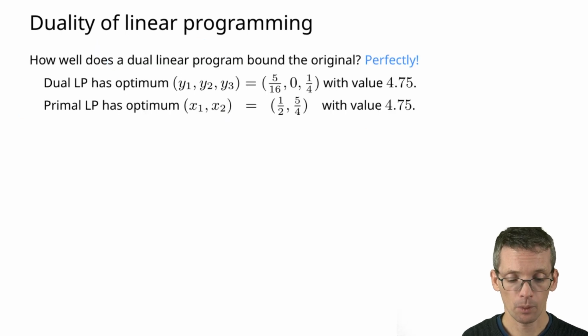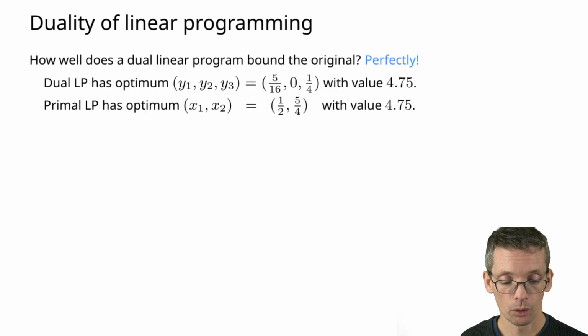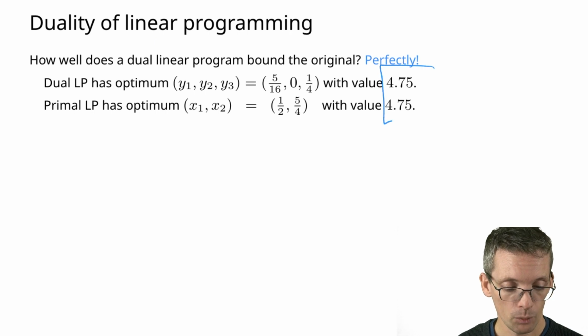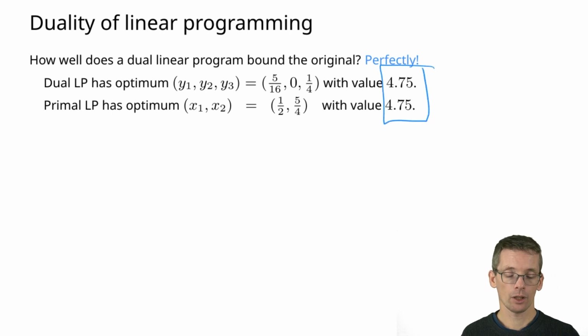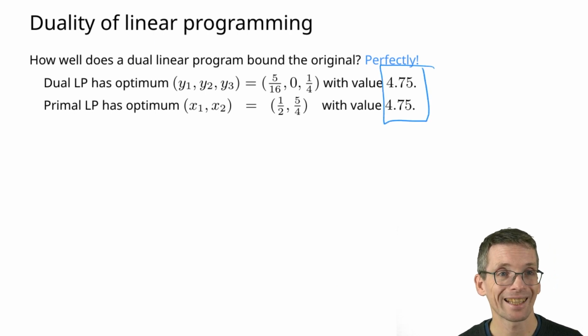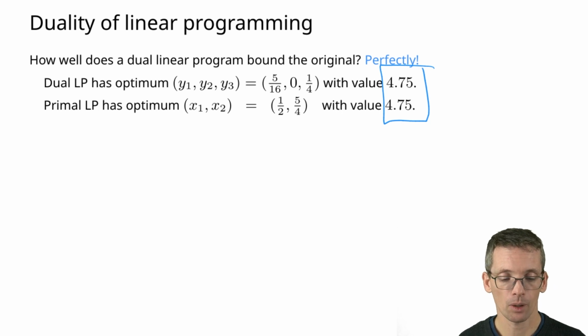So let's say we would actually do that and we would get a solution. So interestingly, actually the upper bound that we get is tight. So the dual linear program would give us a 4.75. So that's better than the 5 that we saw previously. But also the primal LP, so the original linear program, if we actually solve it using the simplex method, let's say, we get as optimal solution